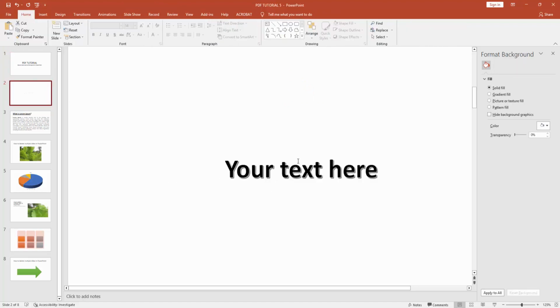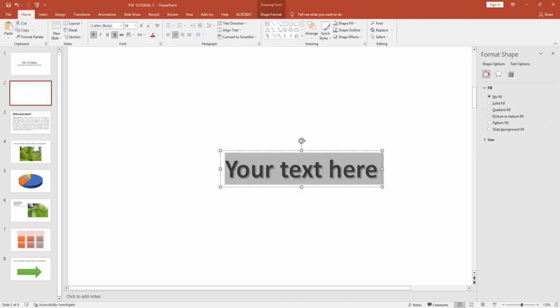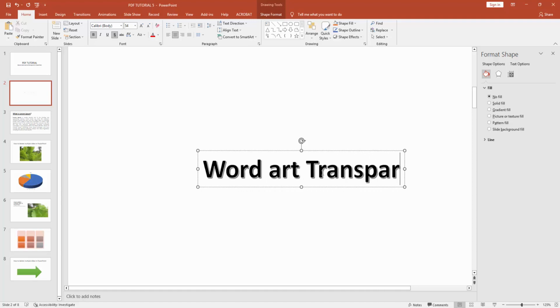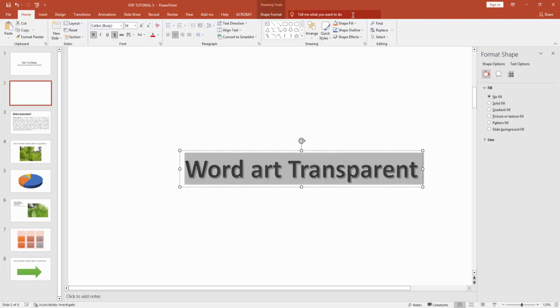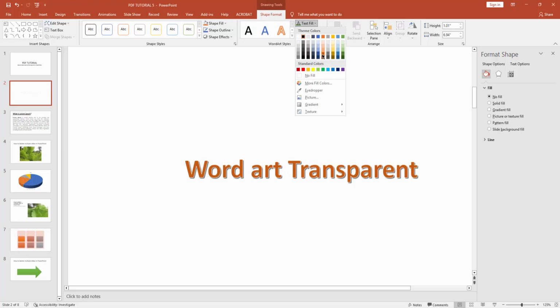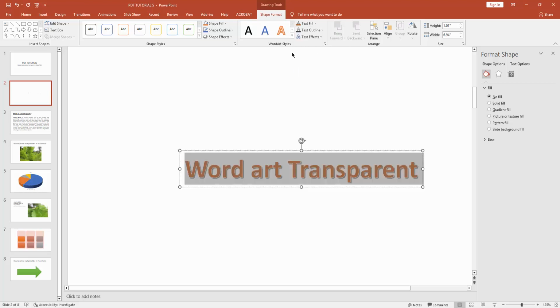Now type your text. Now select this text and go to Shape Format. Then go to the text fill and choose a deep color. Then